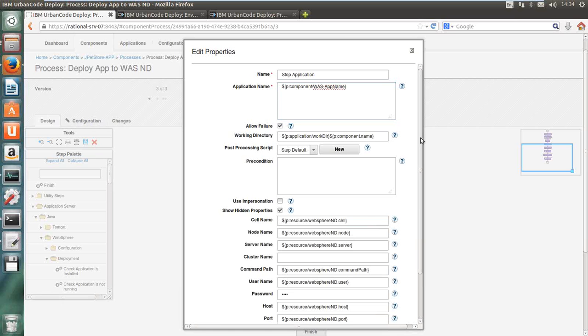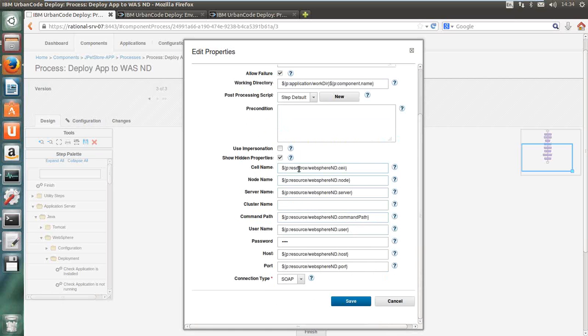Let me open those up, and you can see down here that we need to identify the cell, the node, the server, the cluster, if we have one, the command path, username, password, host, and port. There's quite a lot of information there to provide, but again, if we're managing those from our resource properties, it